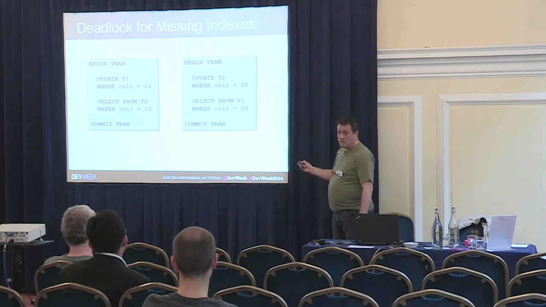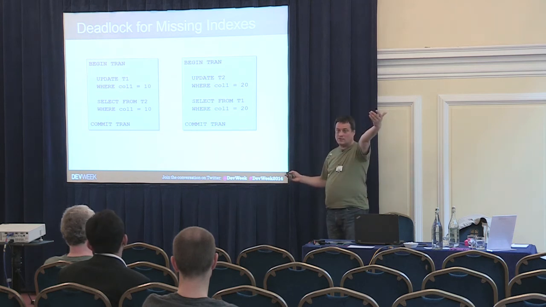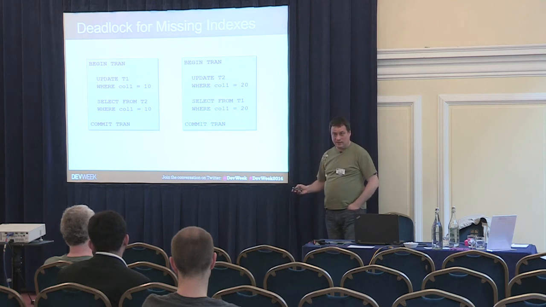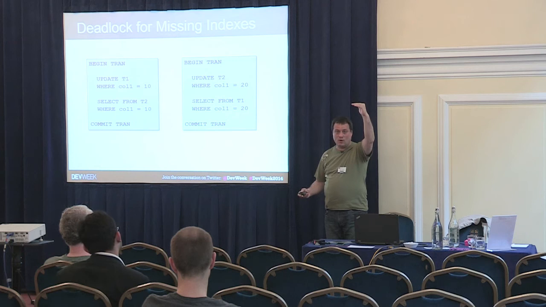Also, it's not supported by an index, so again, I'm leaving exclusive lock on a higher level. Now I'm reading something different from table 2. The row where column 1 equal 20 was updated. However, I'm reading a row where column 1 is equal to 10. But because I don't have predicates supported by an index, I have exclusive lock in T2 on a higher level,